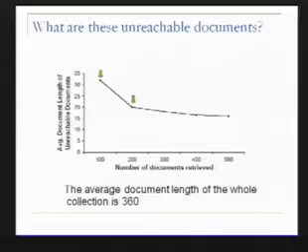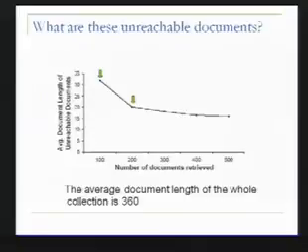Okay, the next question is, some documents are not at all reachable, even if you retrieve 500 documents per canonical query. Why is that? If you look at the unreachable documents and their length, basically the number of terms in those documents, it's low compared to the general collection. The average document length, number of terms, in the whole collection is 360, but the